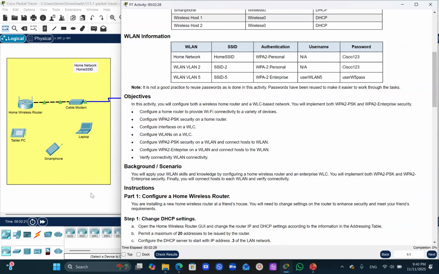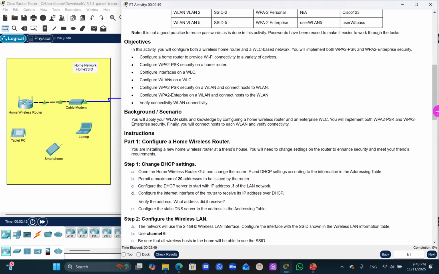And as you can see here at the instruction, at part one, as a scenario, it says that you are installing a new home wireless router at the front house. So you will need to change the setting of the router to enhance security and meet your friend's requirement. So at step one, what you will do is to change the DHCP setting, which means that you will open your home wireless router at the graphical user interface and you will change the router IP address and